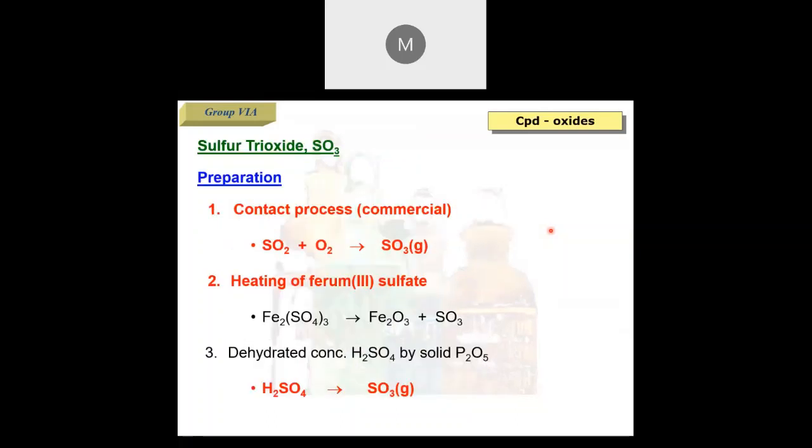Then we have the sulfur trioxide. This is an important one. It is prepared through the process known as the contact process. Commercially, this is the process that is used to produce sulfur trioxide. So you have sulfur dioxide, you oxidize it to form sulfur trioxide, or heating of iron sulfate to form the sulfur trioxide. You can also dehydrate concentrated sulfuric acid by solid P2O5, the phosphorus oxide, which we have learned in